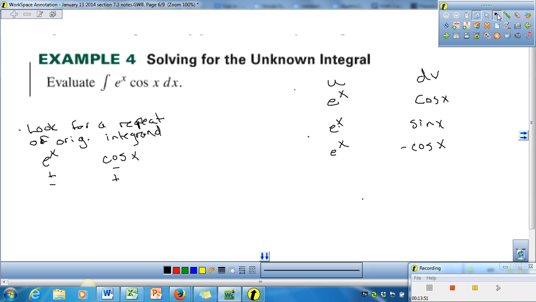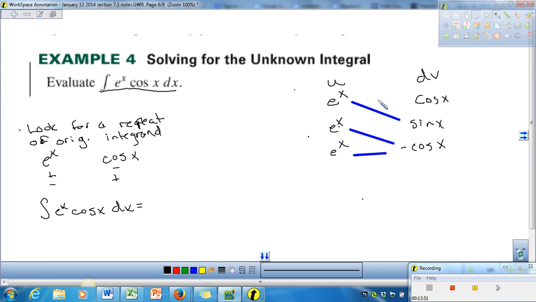So let's set up our line here, here, and here. So that's not an easy integral, but in this case, we are never going to get any kind of different integral. And so by looking for a repeat, it allows us to use some algebra to solve this. So when we're doing one like this, I always want you to rewrite the original, the integral of e to the x cosine x dx